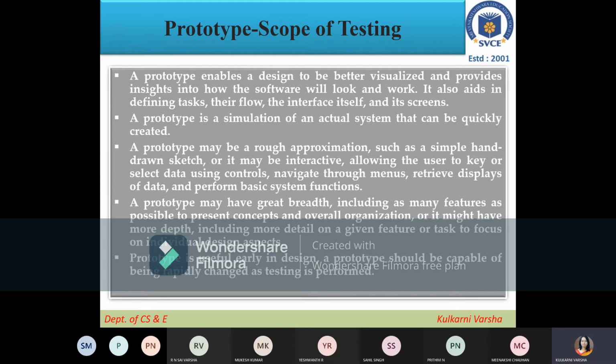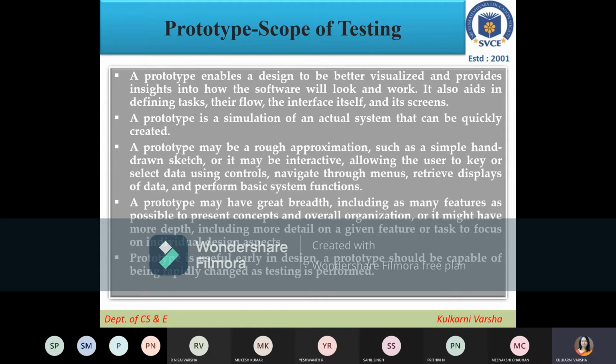But what exactly will prototypes help you with? It will help you to understand your project and your product, because you will find out how the project will work, what the different tasks are, how each task is working, and what the interface is between the tasks. What the input of which task will be, and the output of which task will be given as input to another task. All those clear ideas we will get when we start developing a prototype.